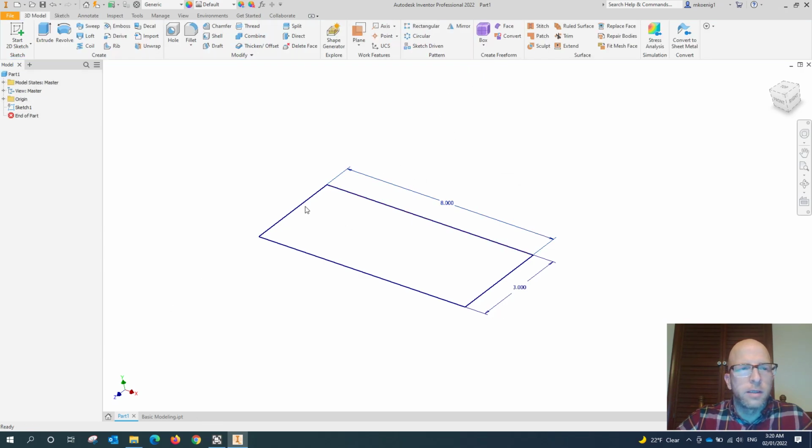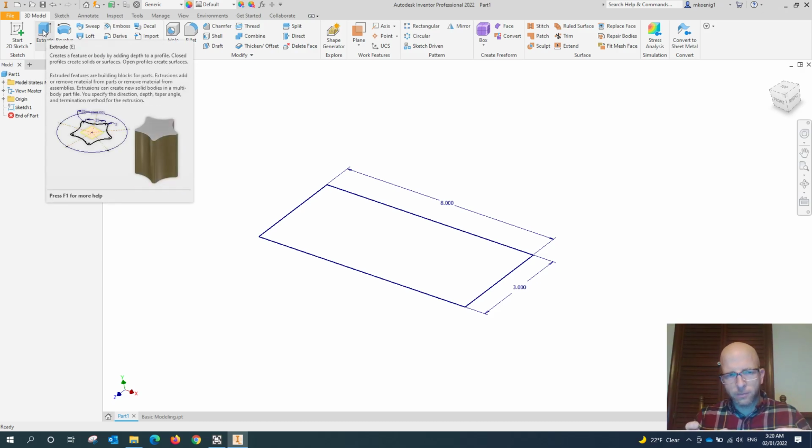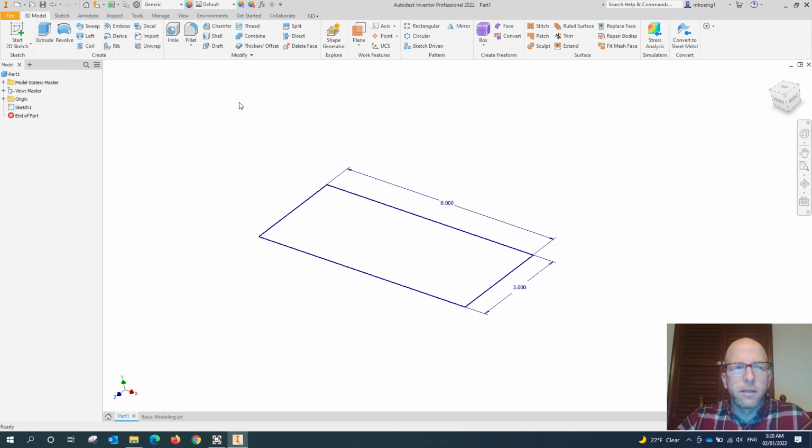Okay, so regardless of when you're sketching, when you're doing your extrusion or any type of 3D feature, on the 3D model tab, I'm going to extrude this. It means I'm going to take that sketch profile and extrude it in the third dimension. For that,